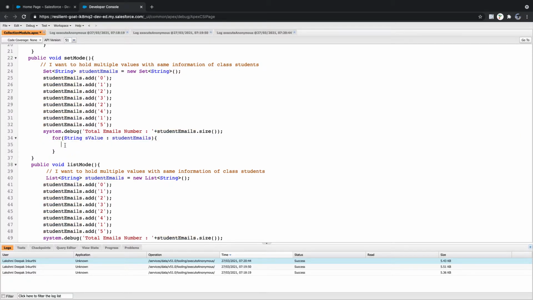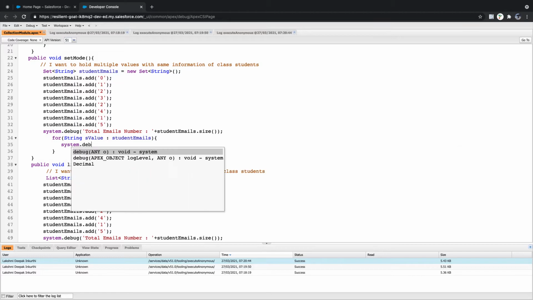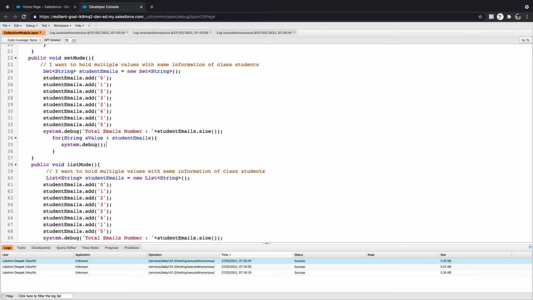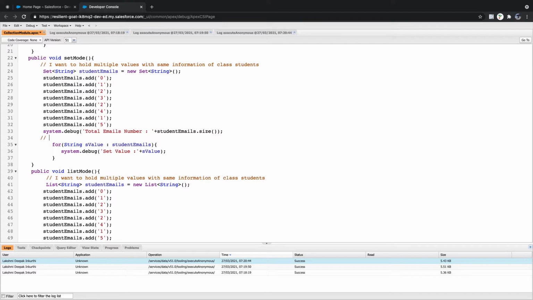So now let's say System.debug of set value. Now we'll check it out. What will be the order? Let's guess the order of my output. If I iterate record by record, what will be the first value?